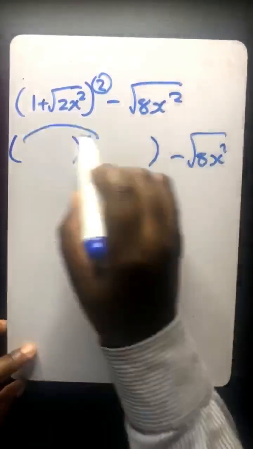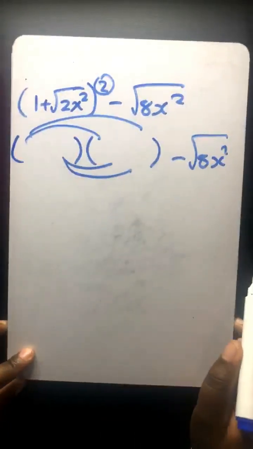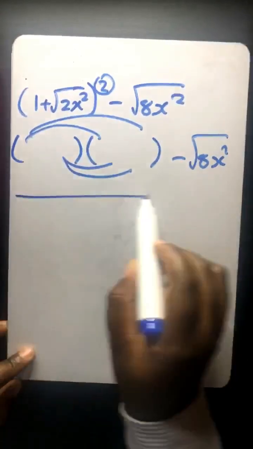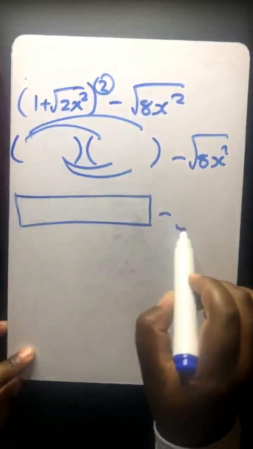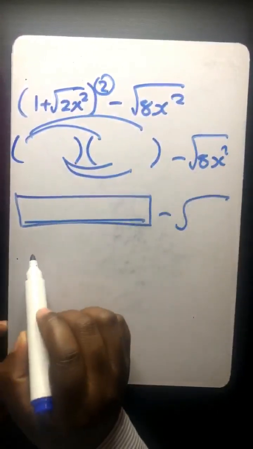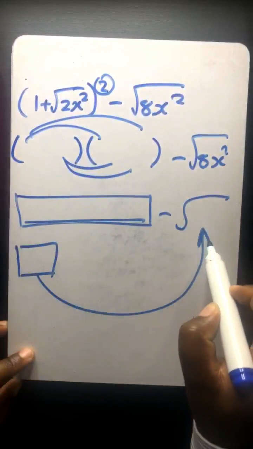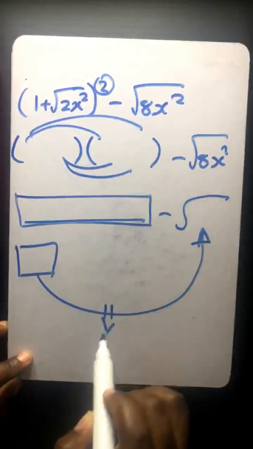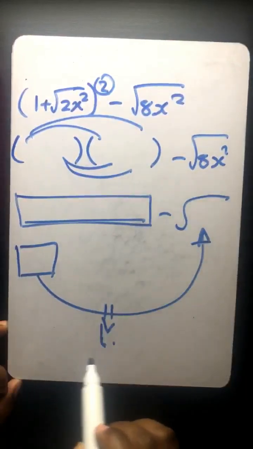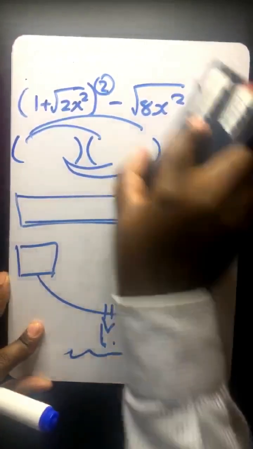Then you'll say that by that by that. So once you do that, you end up having that lengthy thing. This one remains as it is. Then you work out the like terms. Once you've worked out the like terms, you might find that you have something that you can work it out with. Then you keep working until you get to your final answer there. So just give it a try. In case you fail,